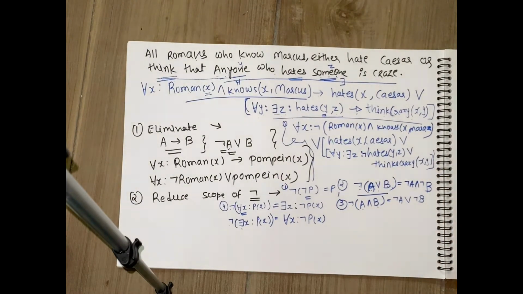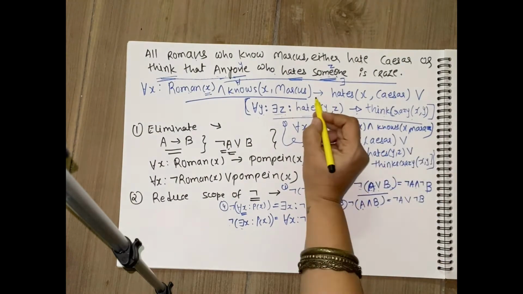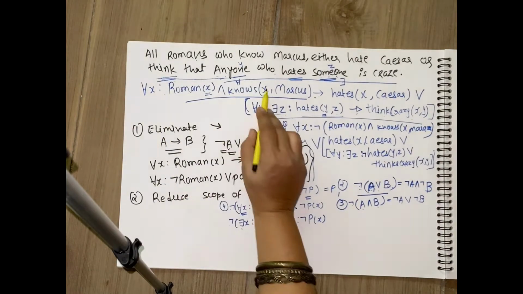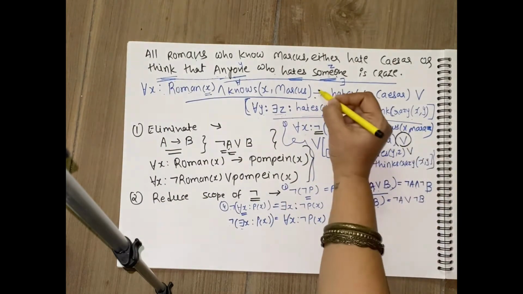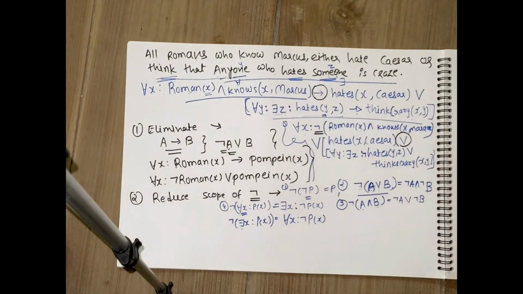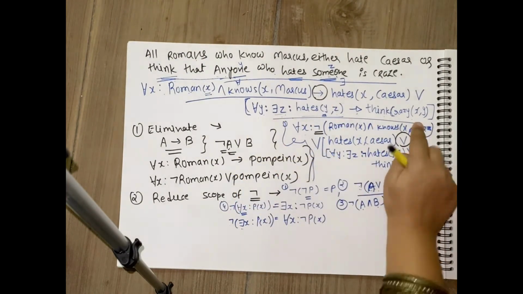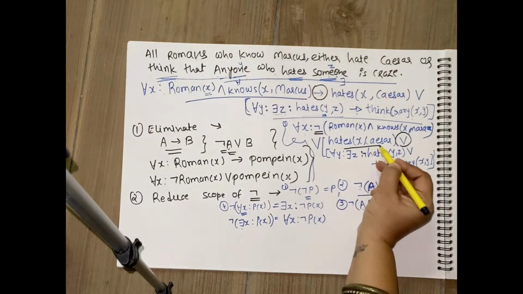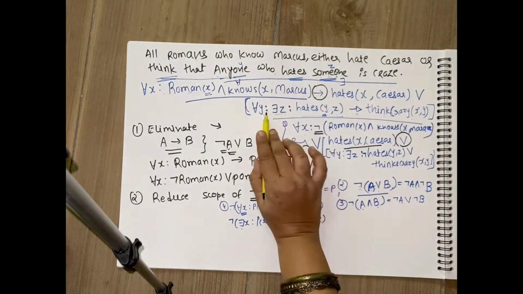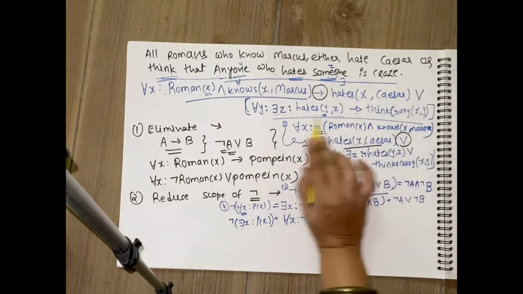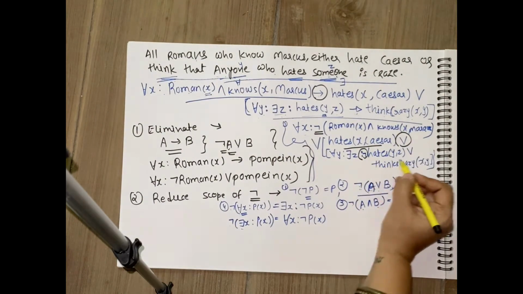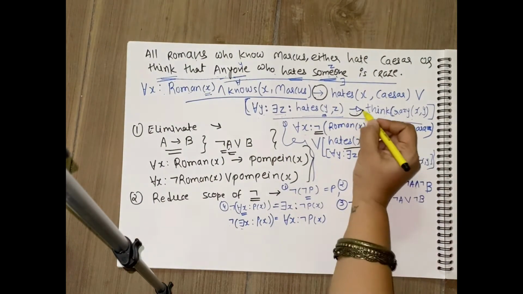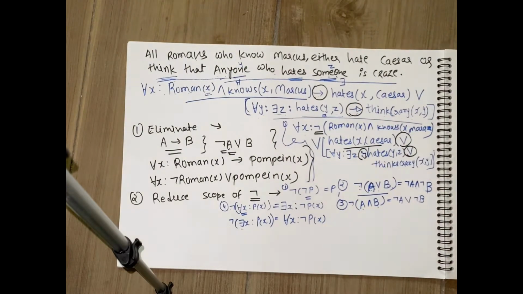See, it's simple. What I have done over here, there are two implications that I have converted. The first implication is this. So not and the entire term that I have written over here, not is applied over here, and this is or operation for this implication. Now inside this bracket, after writing hates as it is in the right hand side, once again you have implication. So if we convert that, then again you have not operation over here, and this or indicates this implication. Simple. Are you getting this?